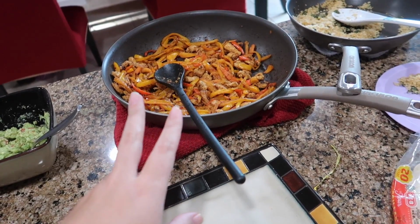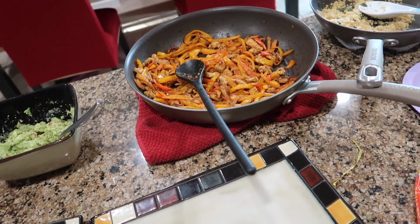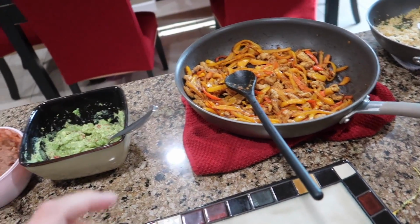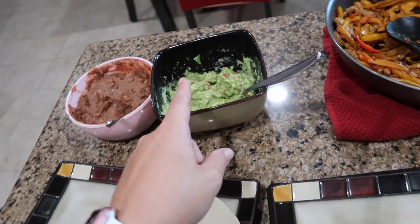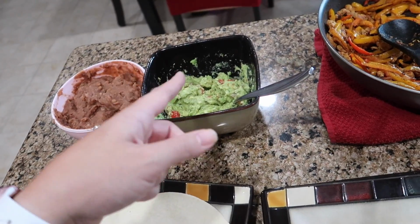I had 2 chicken breasts in the fridge. I also had a bag of mini sweet peppers in there that I bought this last grocery haul, so I just chopped everything up, threw that together with some fajita seasoning. I had a couple of avocados and some little grape tomatoes that needed to be used up, so